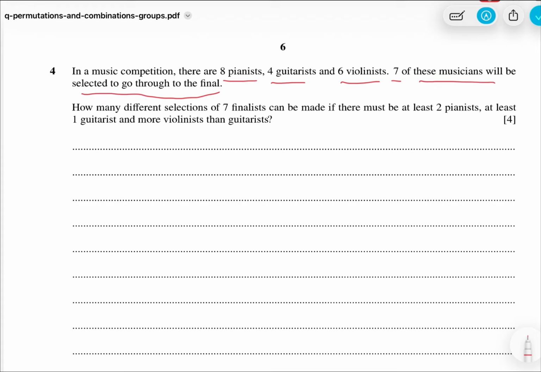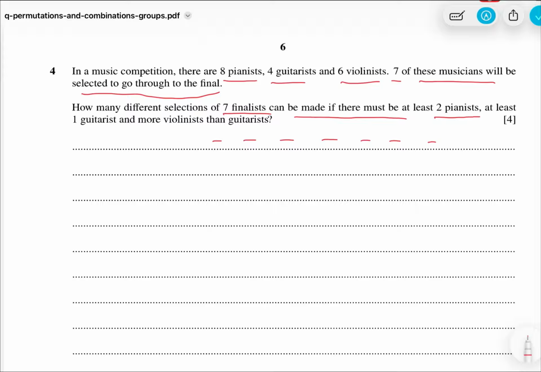Don't get confused by just reading the question. Don't think it is hard. It is interesting, but it is not hard. Why? If you think in the right direction. How many different selections of seven finalists, one, two, three, four, five, six, seven, can be made if there must be at least